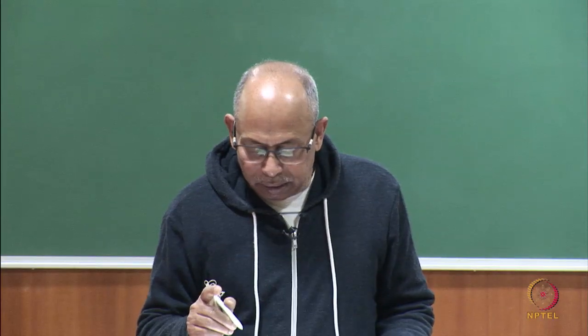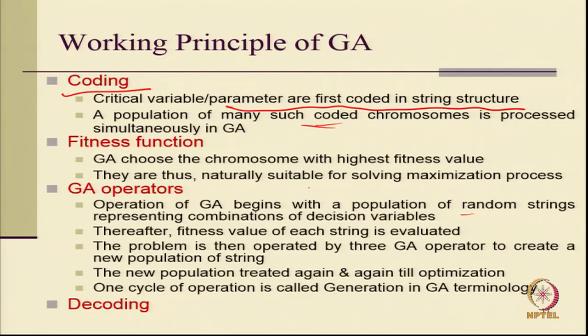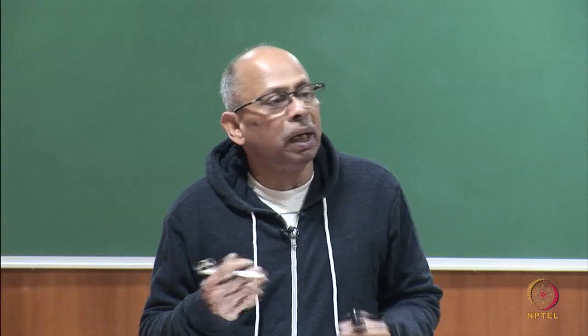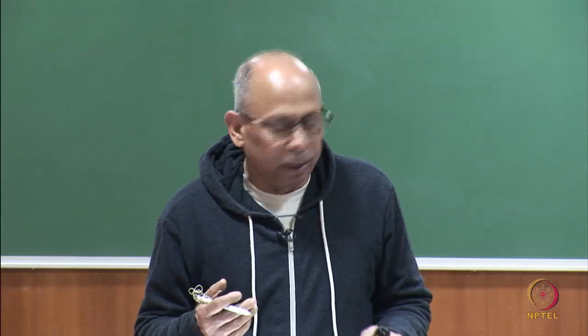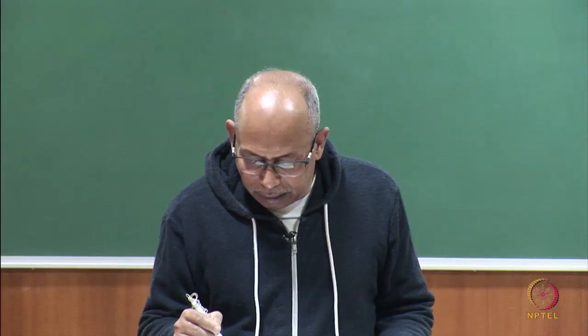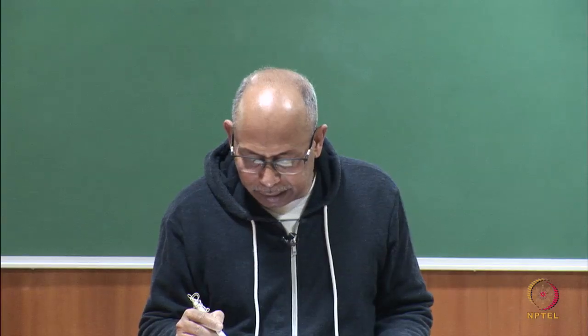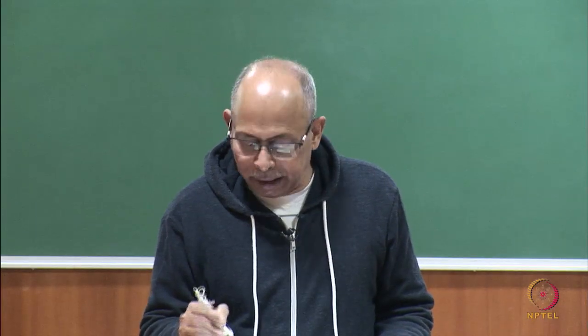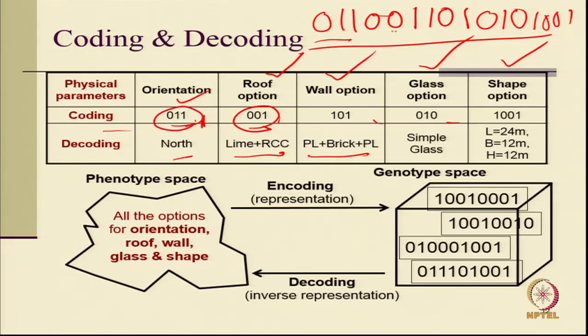So what I have to do is assume a population, that means several such cases, which I will generate in a random manner. In this particular case, as I have seen, I will have 3, 3, 3, 3, and 4 into 3 is 12 plus 4, 16. So I have a 16-digit binary number, which represents a case.